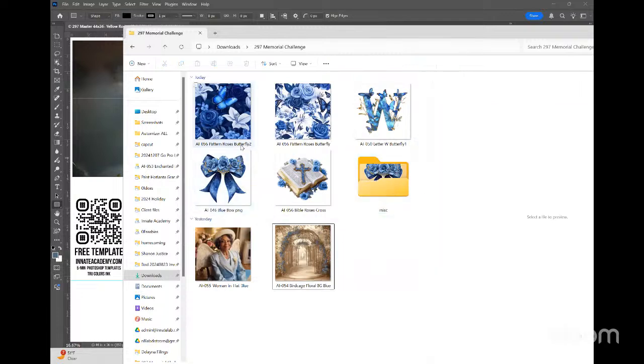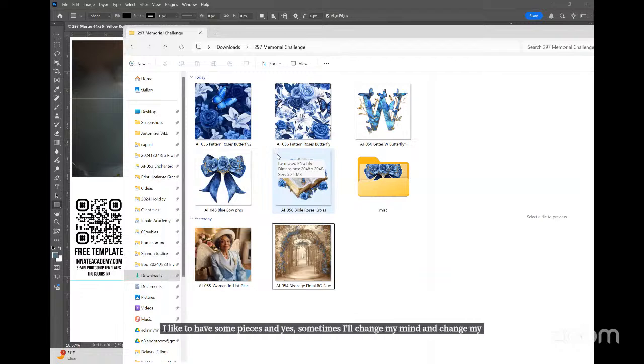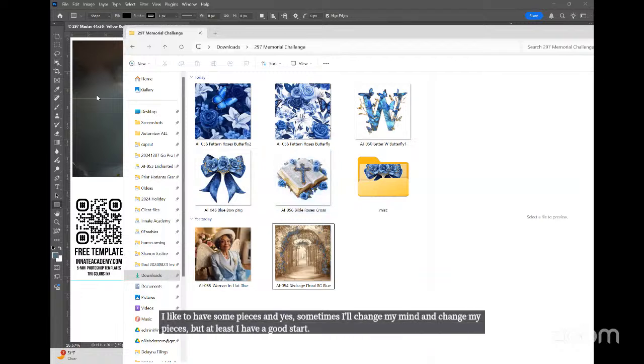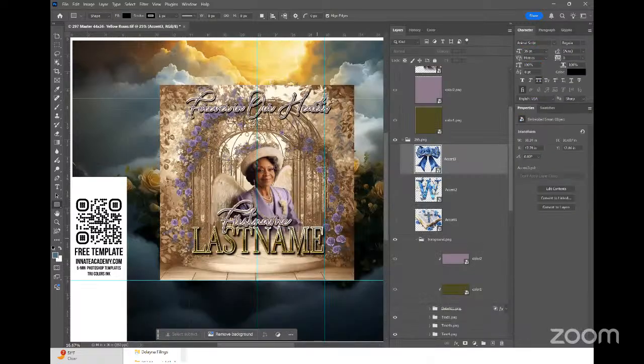All right, so now you're kind of understanding how I build artwork before I even get started. I like to have some pieces, and yes, sometimes I'll change my mind and change my pieces, but at least I have a good start. All right, so I want to do something a little bit different. I'm going to show you all